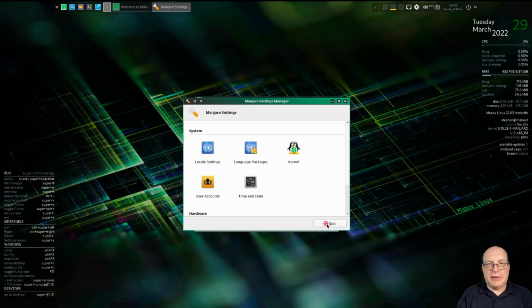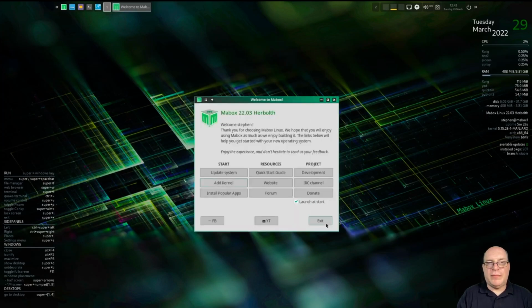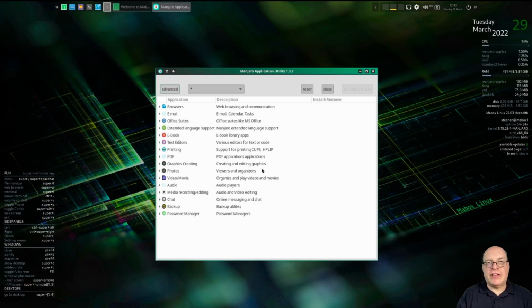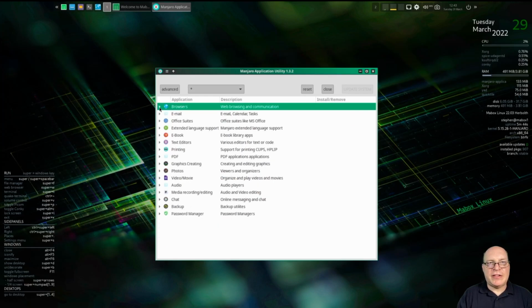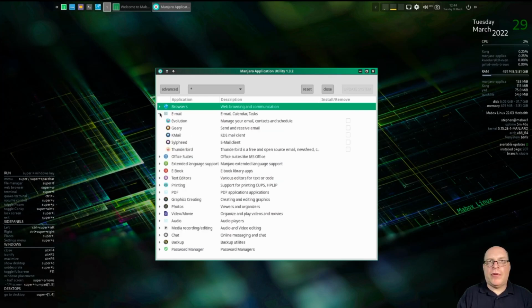As you can see, this is very cool, like a regular Manjaro. This is more Manjaro than the CE version, if you ask me. Very strange. Mabox gives you more access to Manjaro. Here's a nice little applet, Manjaro application utility. So this gives you quick access to install other more popular applications,